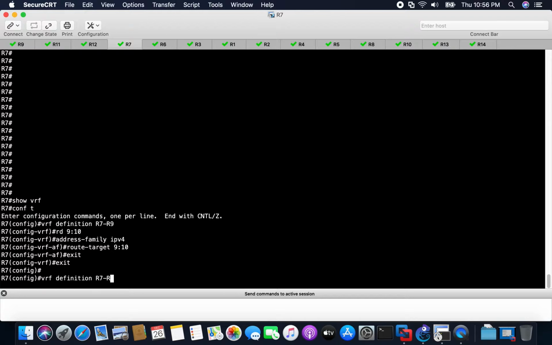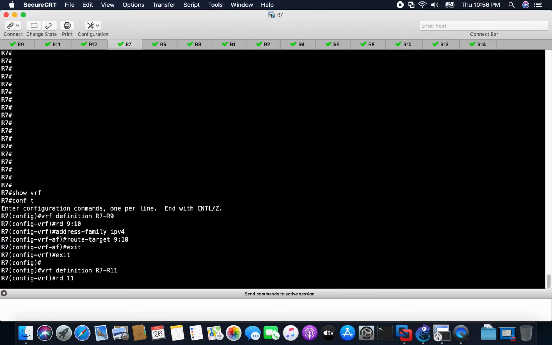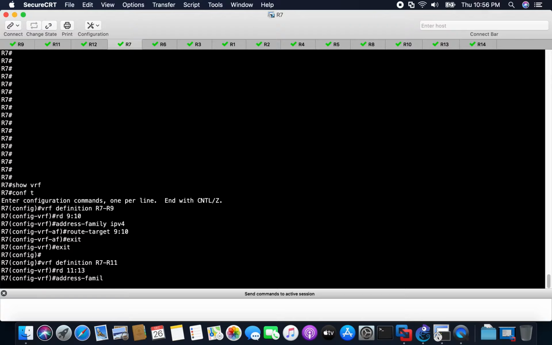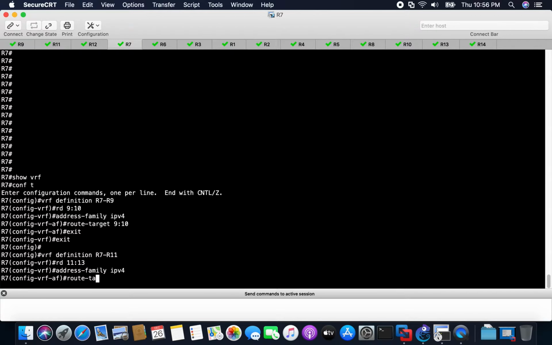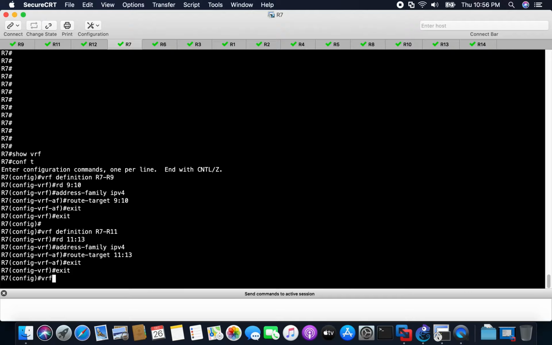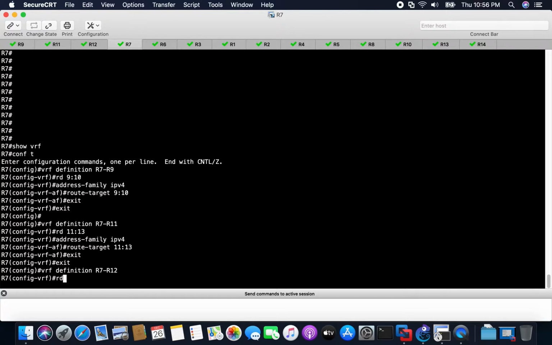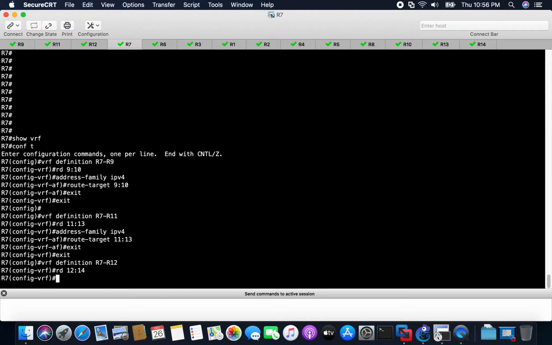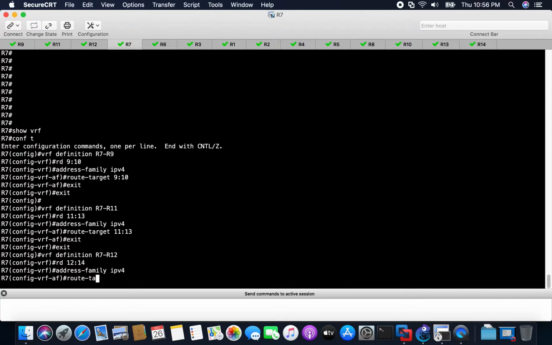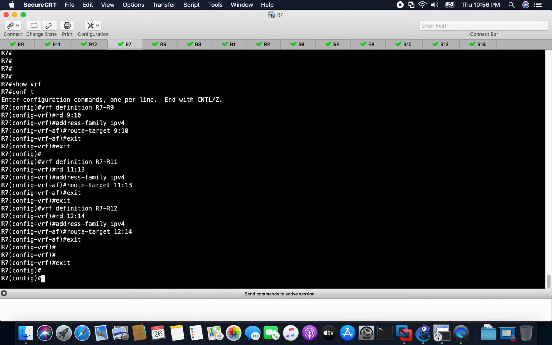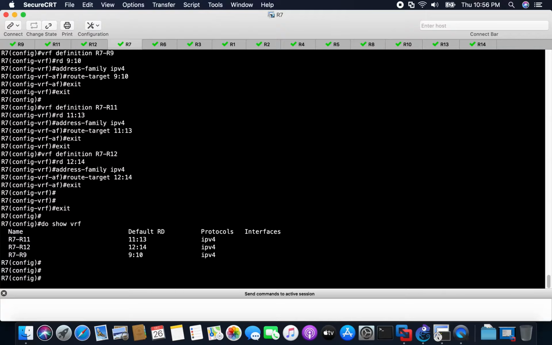So we'll exit from here and create our second VRF, which is R7 to R11 with route distinguisher of 11 to 13, address family IPv4, route target 11 to 13, and we'll exit from here and create our third VRF, R7 to R12, with route distinguisher of 12 to 14, address family IPv4, route target 12 to 14, and we'll exit from here and issue show VRF, and we see that we have got our 3 VRFs